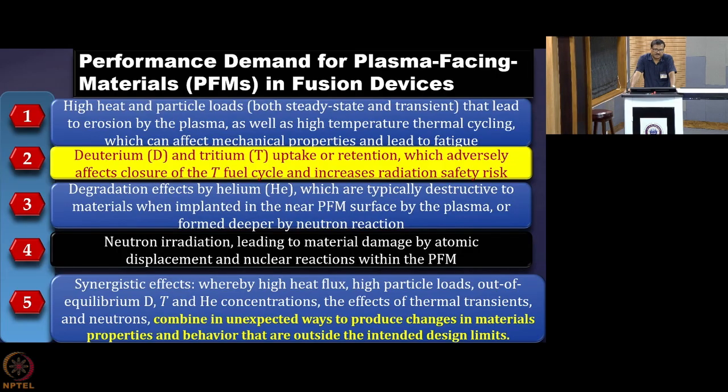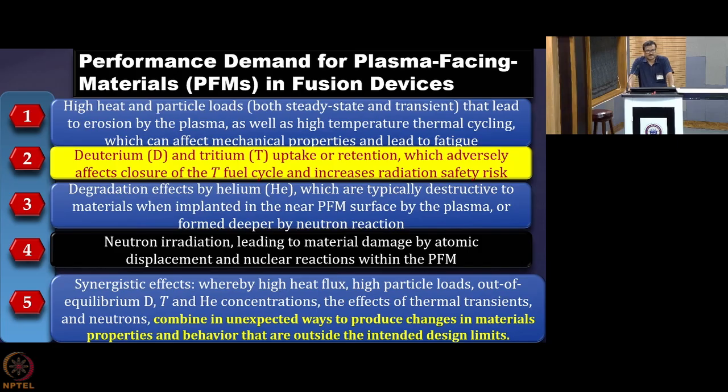Then there are synergistic effects, whereby high heat flux, high particle loads, out of equilibrium deuterium, tritium and helium concentration, the effects of thermal transients and neutrons combine in unexpected ways to produce changes in material properties and behavior that are outside the